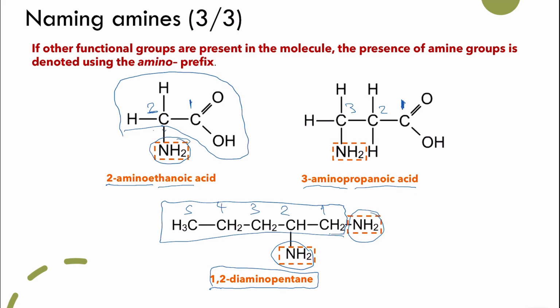So when you consider the amino group as a substituent, then you have to number your longest chain of alkane where you give the substituent the smallest number, unless you have something that is given priority, like we said here with the acids. With the acids, always the carbon that has the functional group will be given number 1 for a carboxylic acid. So in this case, we cannot name it 1-amino ethanoic acid. No, we have to give priority here to the carboxylic acid group. So the thing that we have always been talking about when you number the long chain of alkane is that you always number it from the side which will give the substituent the lowest